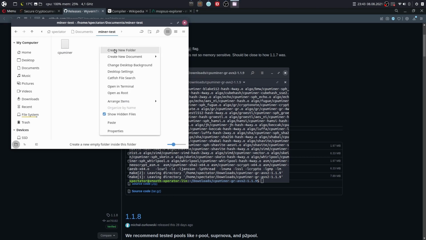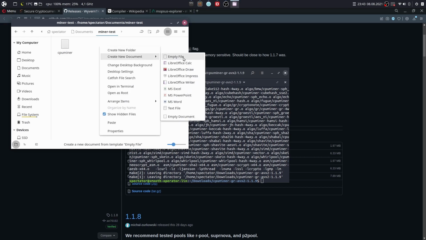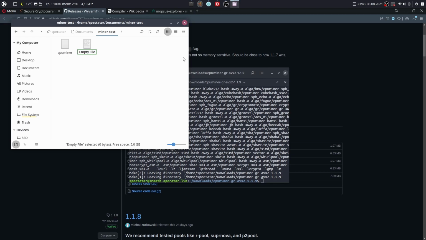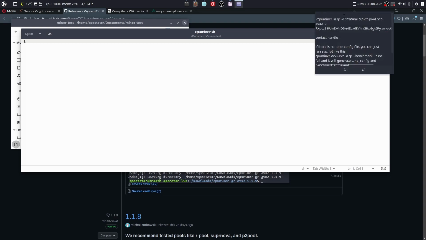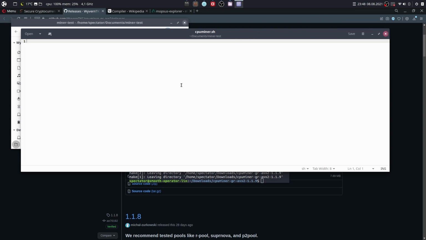I need an empty file. CPU miner sh. Now we need to provide a line with configuration for our miner. I have one already prepared. So let's paste it,